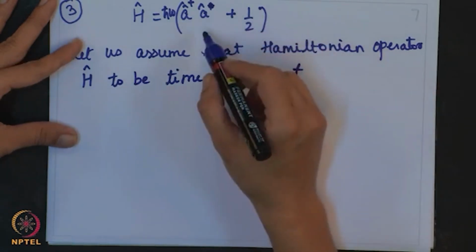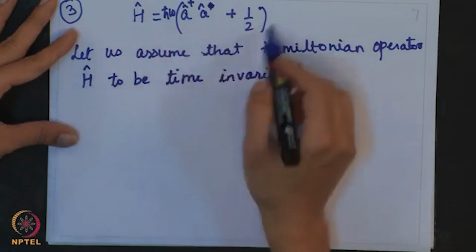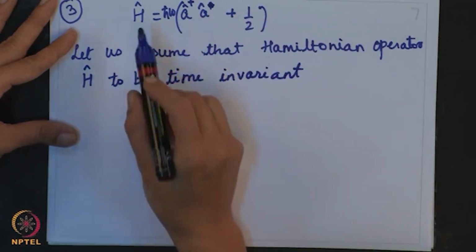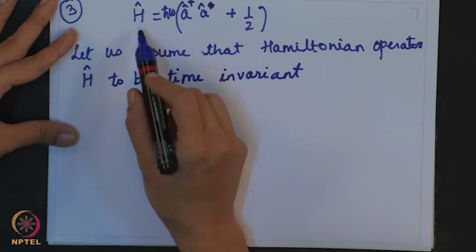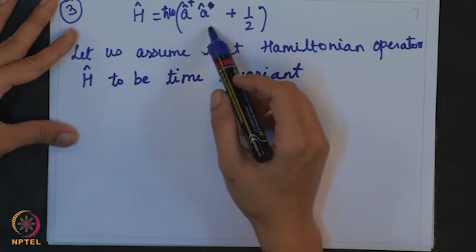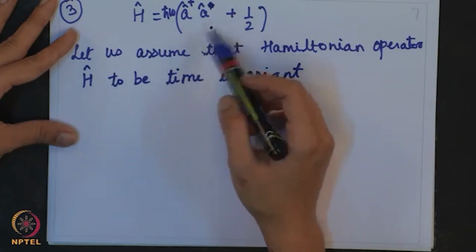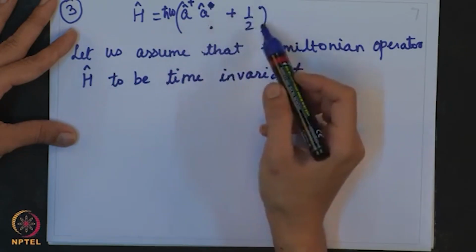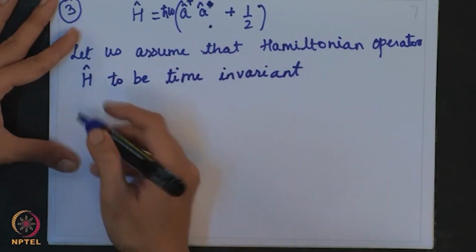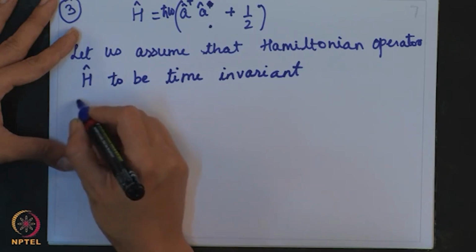Okay. This can be seen from this operator definition. So, this Hamiltonian operator we have written in terms of the ladder operator. Your usual notation we have always seen it to be p square upon 2m plus V. Okay. So, the Hamiltonian operator is time invariant, and let us now write